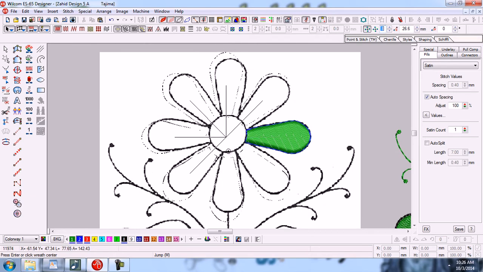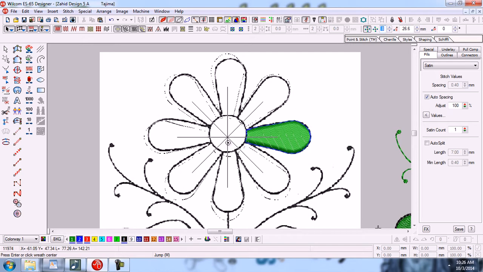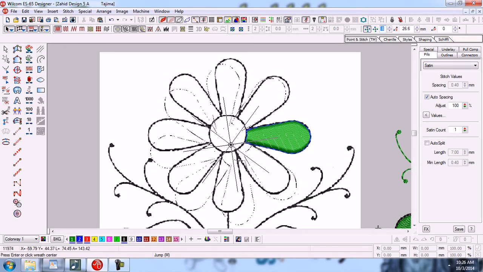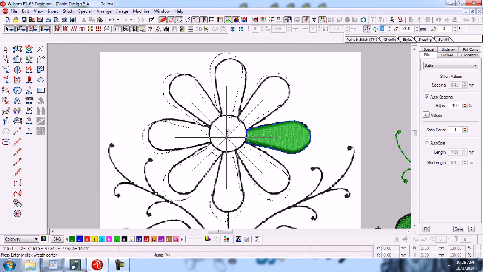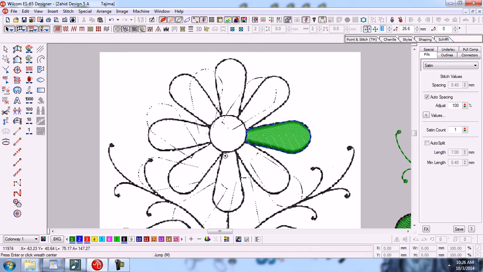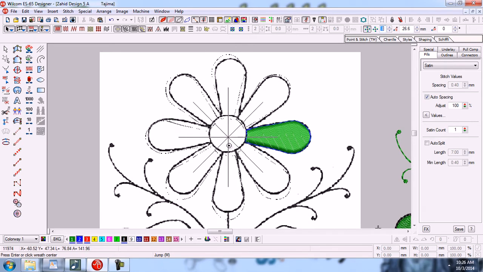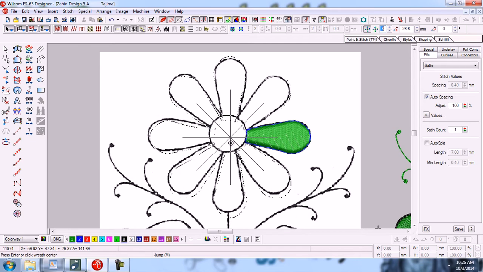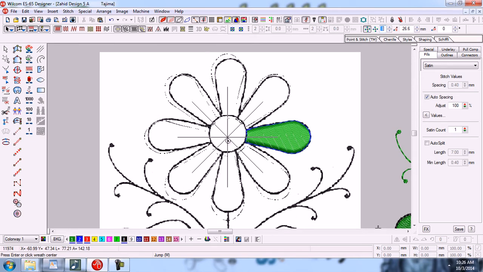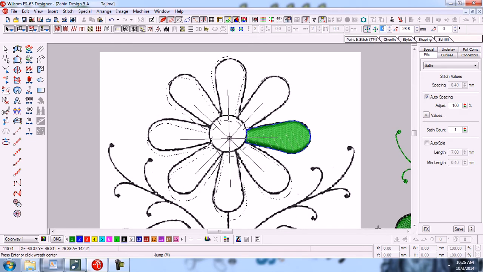And if you want to move all these objects accurately, you can press the Control button on your keyboard.